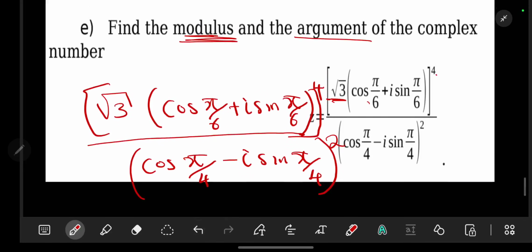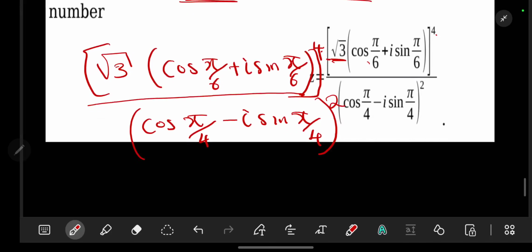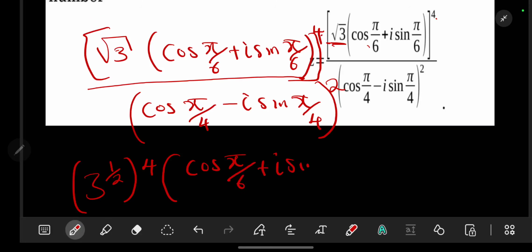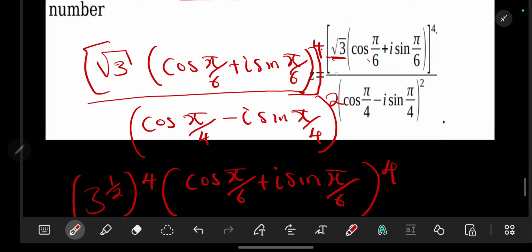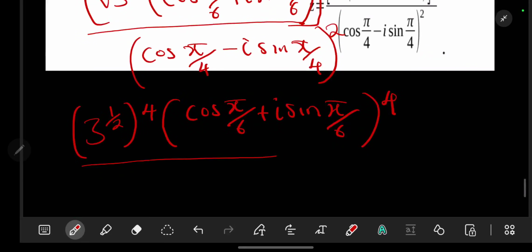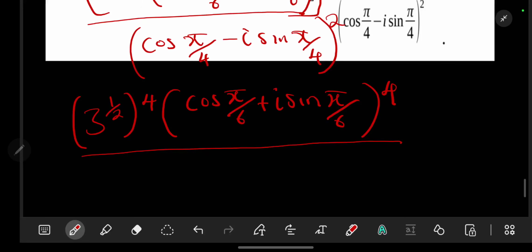Now what we are going to do is that this 4 affects this, but the square root of 3 is the same as 3 to the power half. Then we have power 4. So this gives us cos of pi over 6 plus i sine of pi over 6, raised to the power 4, so the 4 is distributed. Then what we have is